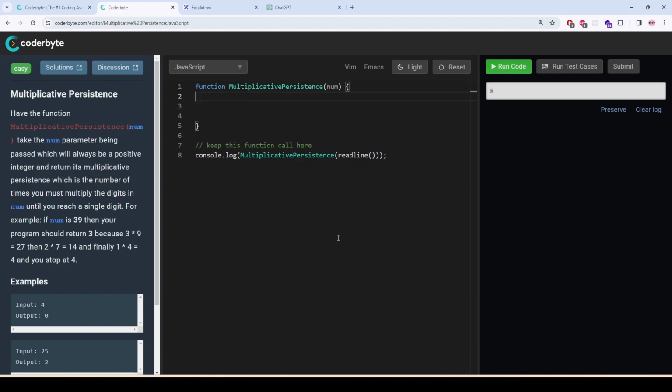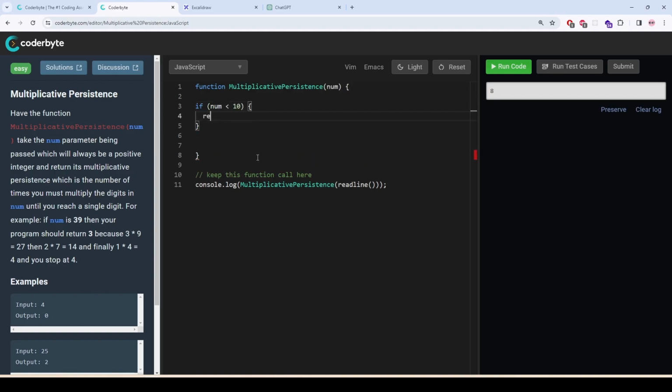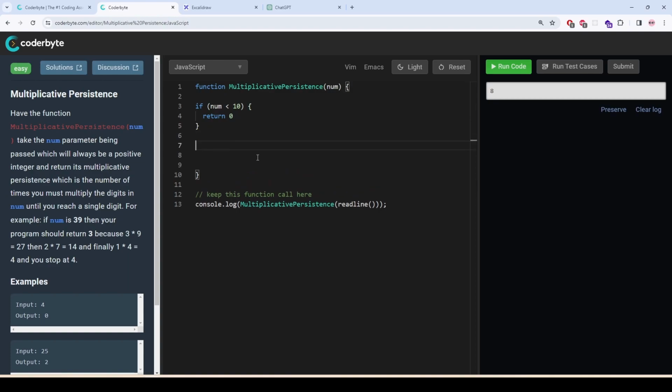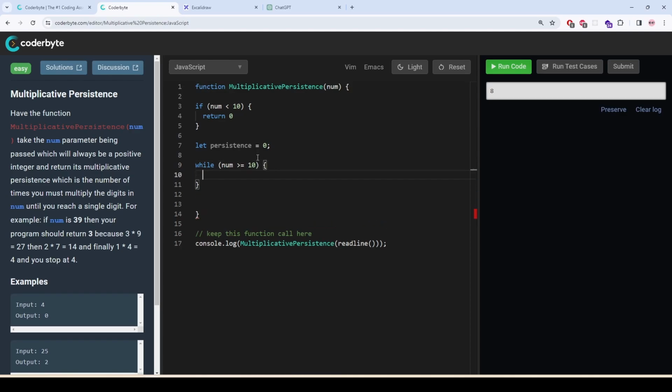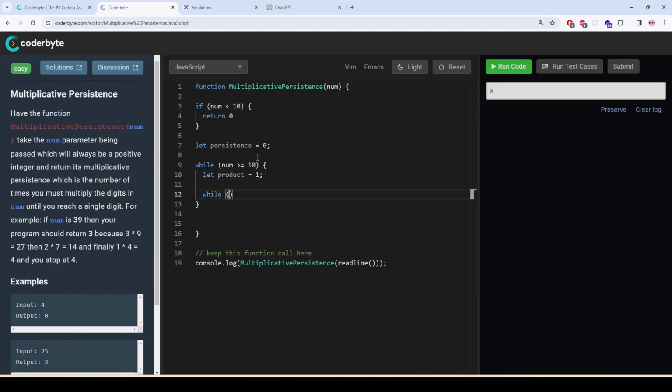Now let's write the base case. If number is less than 10, then we are going to return 0. Let persistence be 0, while num is greater than or equal to 10. We are going to use a loop. Let product be 1, while num is greater than 0,